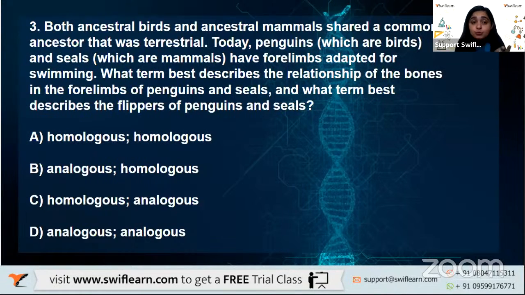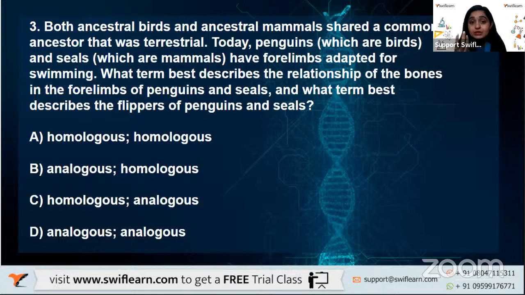So the first option was homologous. Second was analogous and homologous. Third is homologous, analogous. And D is analogous and analogous. I feel that it is C, which talks about homologous. So here, the relationship of the bones in the forelimbs of penguin and seal, right? The relationship of bones in the forelimbs was similar. So that was homologous. And on the other hand,